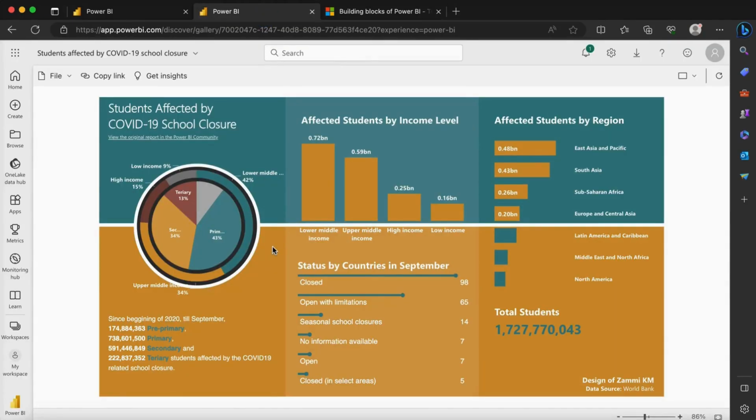affected by COVID-19 school closure. So this is an example that has been given by Microsoft. So what happens when I click on this chart? It shows low income, high income, and lower middle income. So let's say I click on